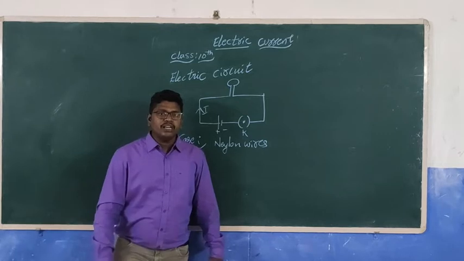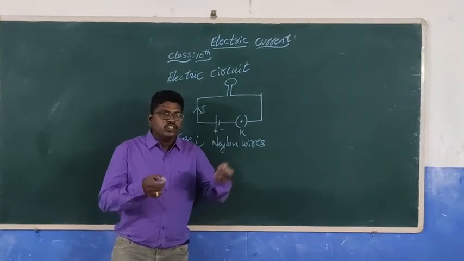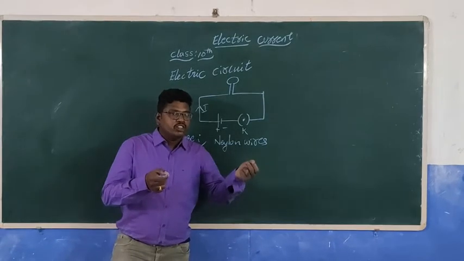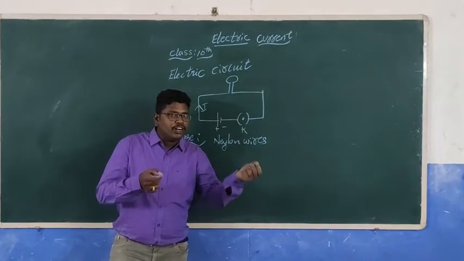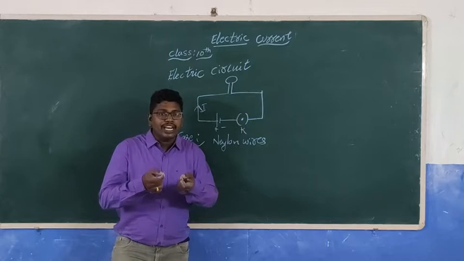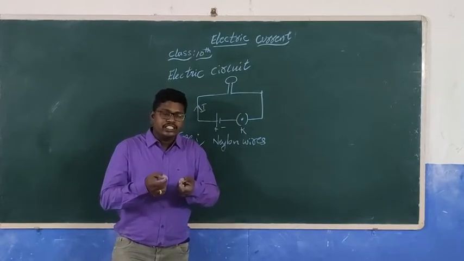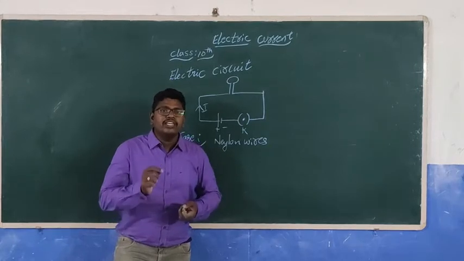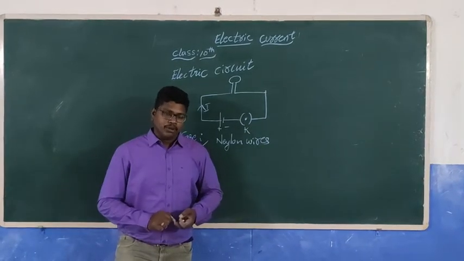The best example is an iron scale. If you burn one end of the scale, the heat will be transferred from one end to the other end. So metal allows heat, and the same goes for current also. So we can say that metals all come under conductors.